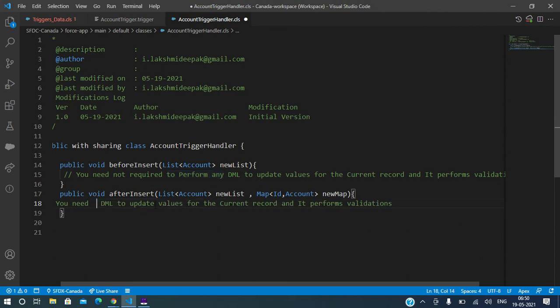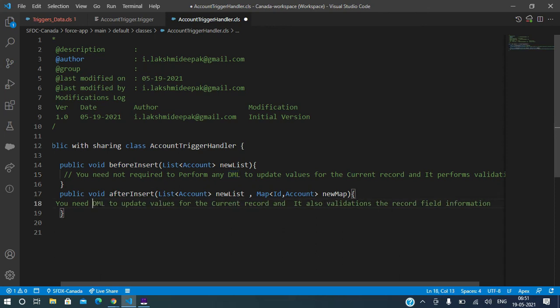You need DML to update values for the current record, and it validates the record field information. See, in before triggers, you don't want to perform any DMLs. You can directly change the values, but in after triggers, you need to perform DMLs.